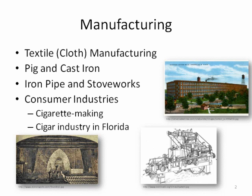Another great manufacturing concern, and the one that gets almost all of the press and all of the verbal play, is the pig and cast iron manufacturing industry. This was centered on a line that ran from Rome, Georgia, through Anniston and Gadsden, Alabama, to what became the Pittsburgh of the South, Birmingham, Alabama. Now, Birmingham was founded after the Civil War. It was founded in 1871 by a group of land speculators and a railroad surveyor whose job it was to